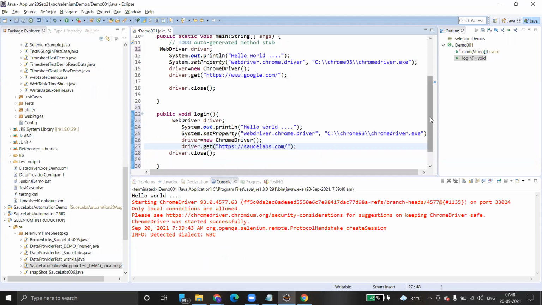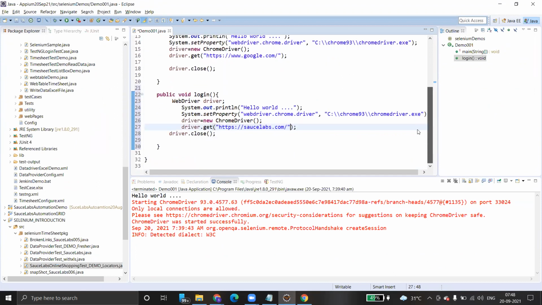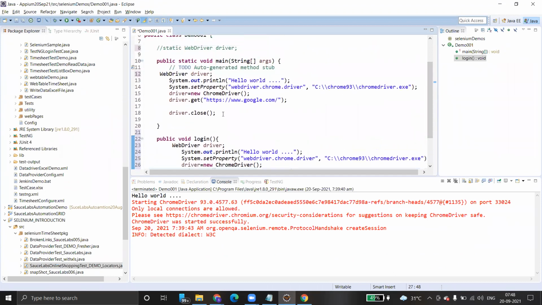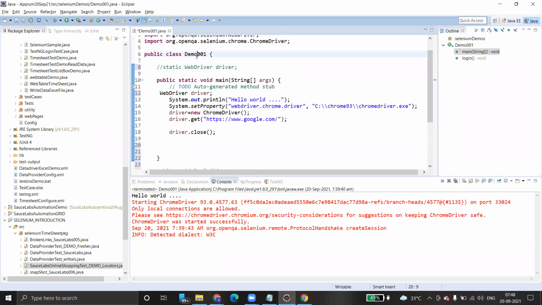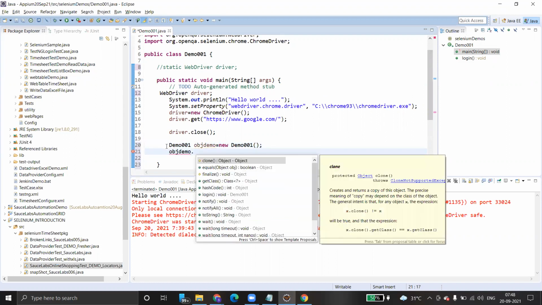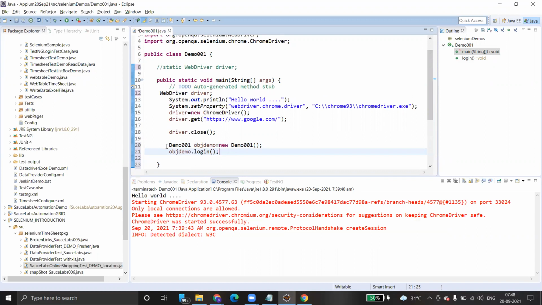Okay, this is what we have to do. So login is there. Again, I need to call this login after closing it. Login means you have to create an instance of the class. So demo 001, obj demo new, obj demo dot login. Right. Yes.